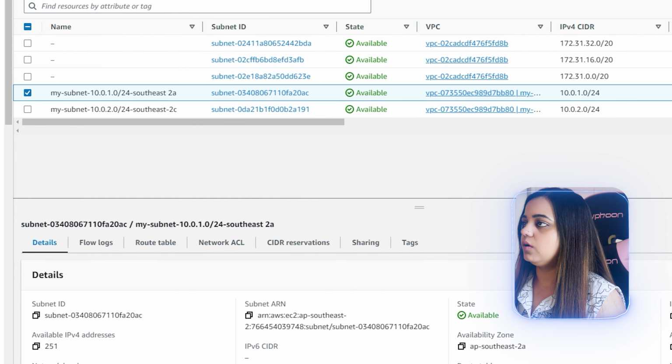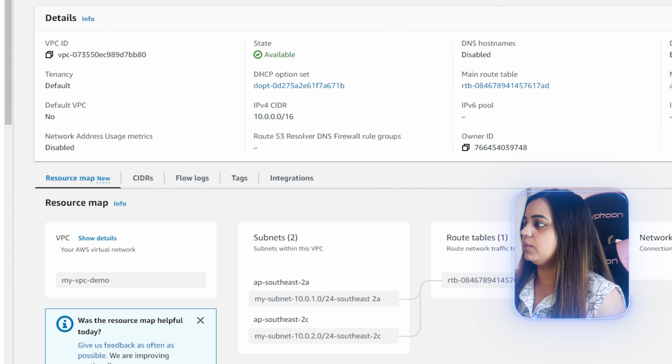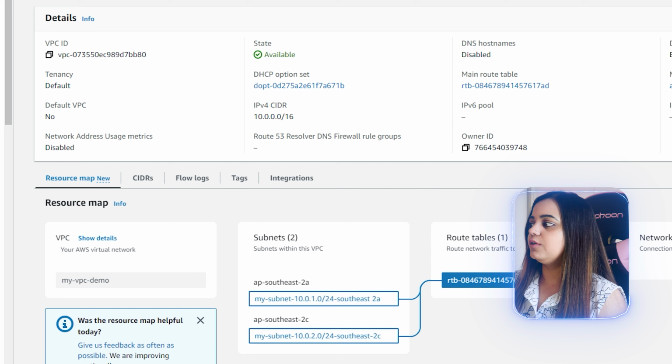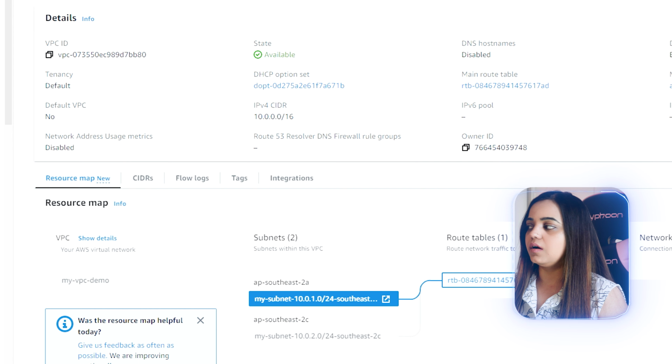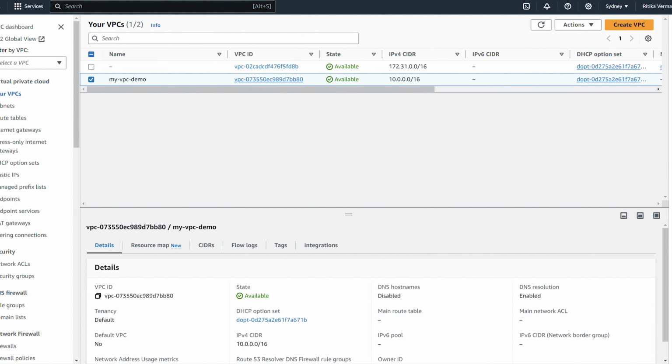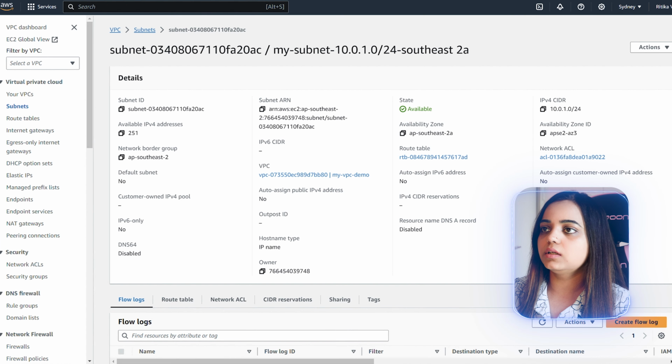If we go on our VPC and click on route table, we can see here we have one route table and 2 subnets associated with our route table. But one is for private and one is for public. We haven't defined it yet. And if we go on our subnet and click on it here, we can see